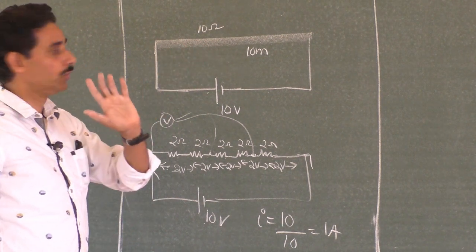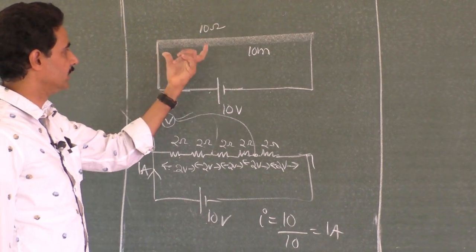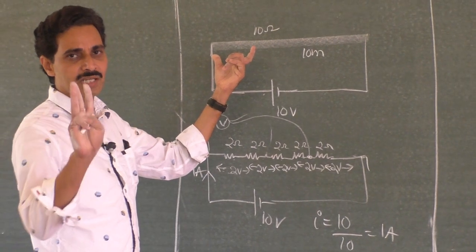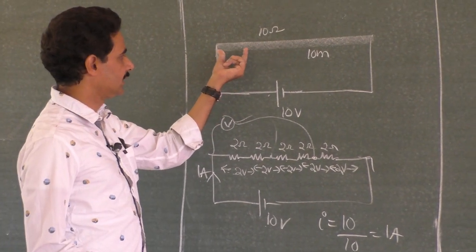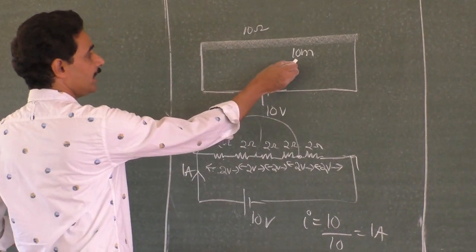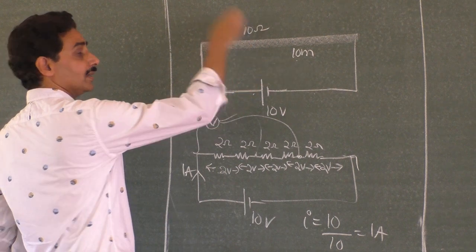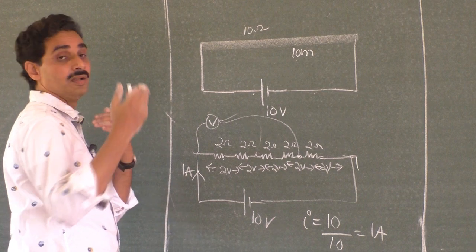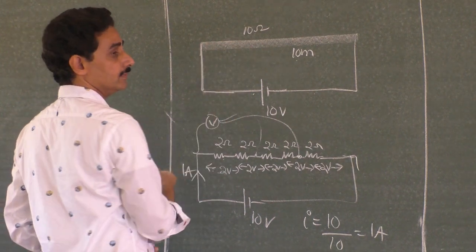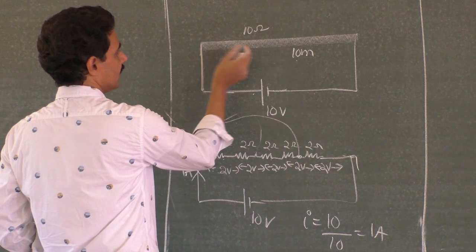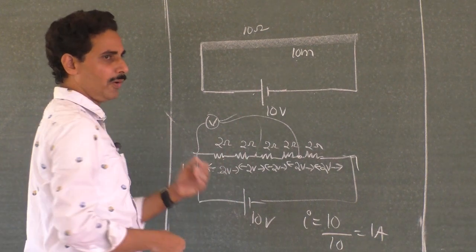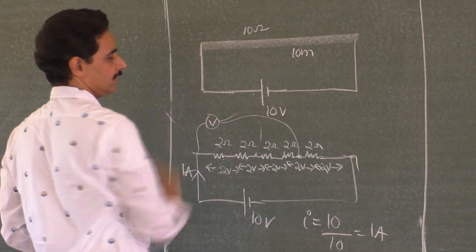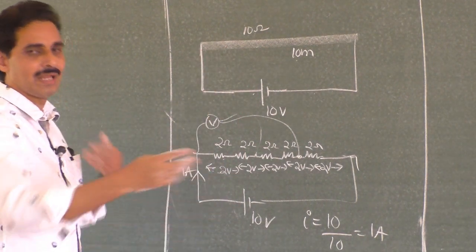If you want 5 ohm resistance, cut it at the middle, you will get 5 ohm. If you want 3 ohm resistance, cut it at 3 meter, because 10 meter possesses 10 ohm. How much length possesses 3 ohm? 3 meter. So select 3 meter, you will get 3 ohm. I want 2.5 ohm, sir, 2.5 meter. So according to the length, you will get